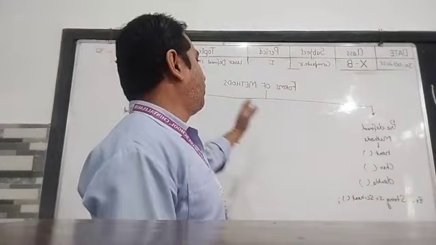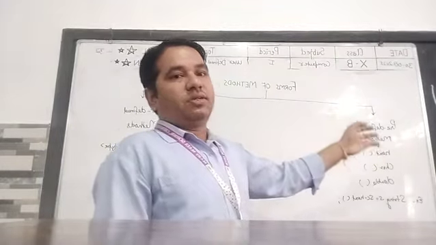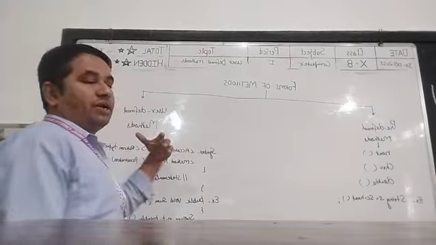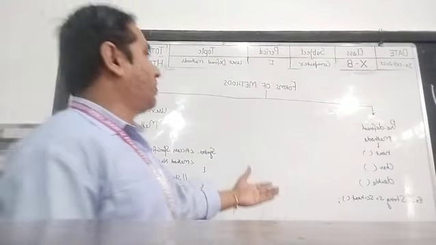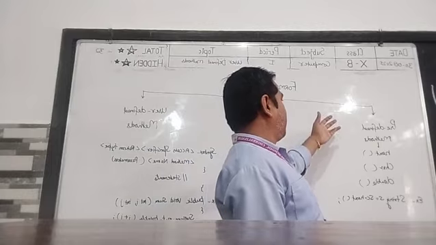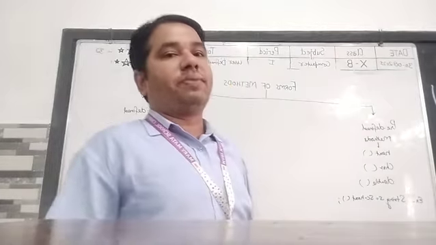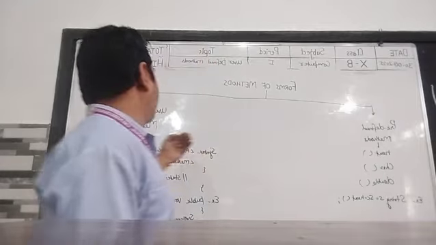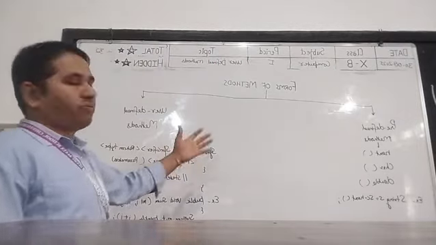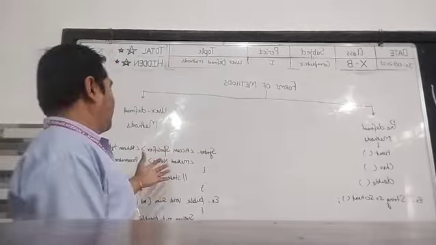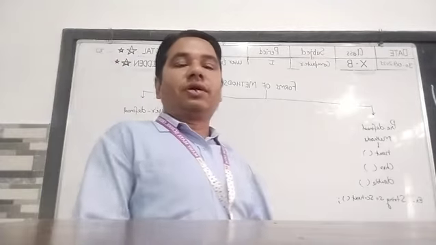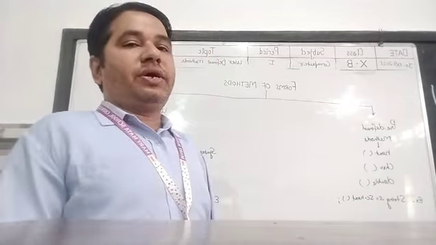Okay, second one, what are the predefined methods. Third one, what are the user defined methods. And fourth one, when you define predefined methods, what are the examples of predefined methods. And when you are defining user defined methods, you have to write the syntax also, and what are the examples of user defined methods. Okay,